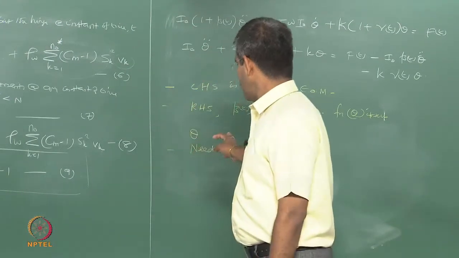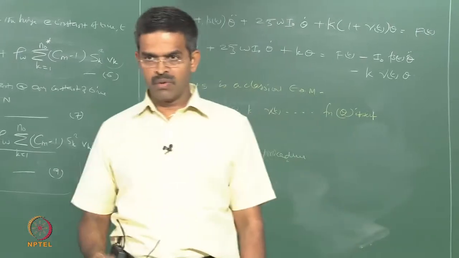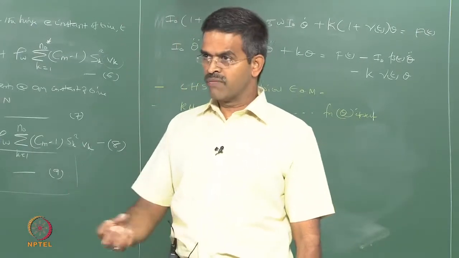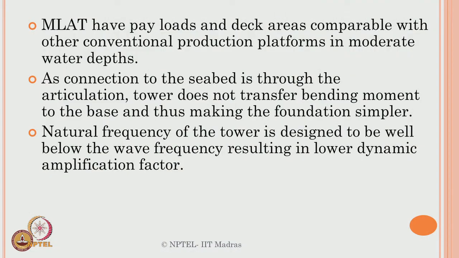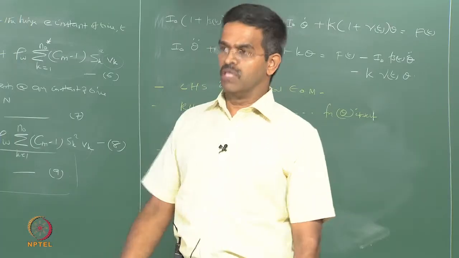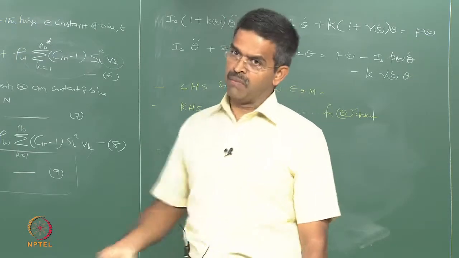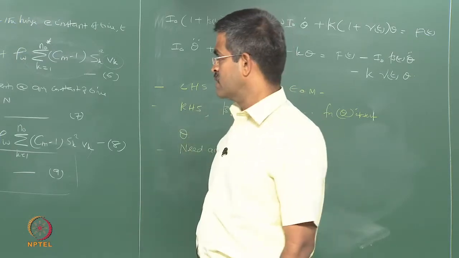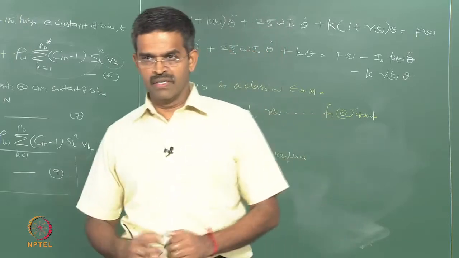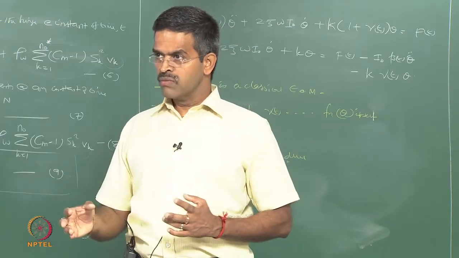Of course, the joints will have to be replaced at periodic intervals if you really want it, because the joints may become rigid completely after some period of time. So MLAT have also enhanced payloads. The earlier example we saw, what Jain and Datta studied, is about 2500 tons, it is 25,000 kilonewton. In this case, I will show you, it can be about 30-40% more than this. So payload can increase and the deck area can therefore become larger compared to that of single legs, and now you can have more production facilities here. So this platform can also now be used for production facilities.